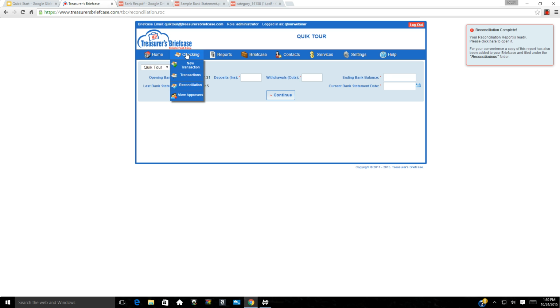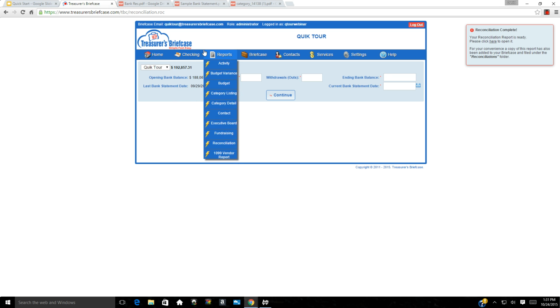So that's how easy it is to actually do a bank reconciliation. It's, again, simple, fast, and easy. We try to do everything simple, fast, and easy. And your work for the month at this point is basically done. Again, as long as you have your opening balance in properly, as long as you enter your transactions based on the proper categories, and if you have a budget, you've put your budget in, you're now ready to print reports